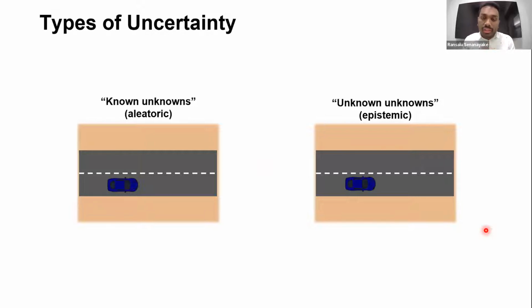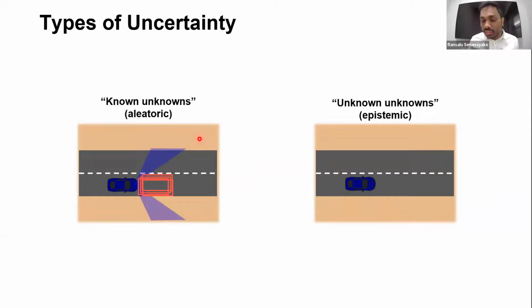Okay, when I say uncertainty, there are two types of uncertainty: aleatoric uncertainty and epistemic uncertainty, or in simple terms, known unknowns and unknown unknowns. In most robotics problems, we mostly consider this aleatoric uncertainty. So to show it more pictorially, say if we want to estimate the distance to a nearby vehicle, we can never get the exact distance. There's some noise. So this error margin is basically the aleatoric uncertainty. We can't really reduce it.